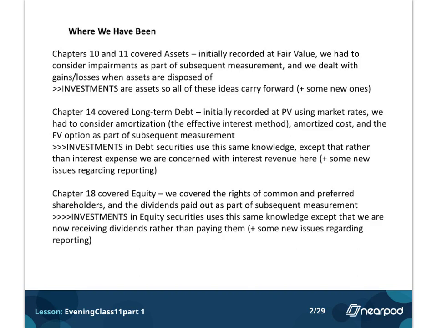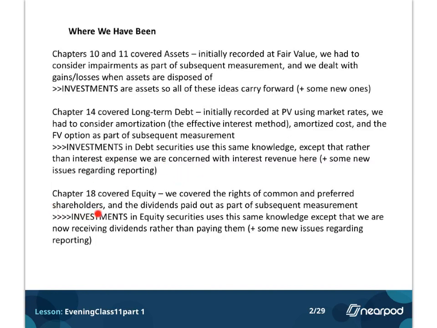in this chapter, chapter 12, we're again talking about assets, so debt securities. We're going to look at buying bonds this time instead of issuing bonds. So instead of interest expense, we're going to be looking at interest revenue. And then we'll have some issues regarding reporting that we will also be